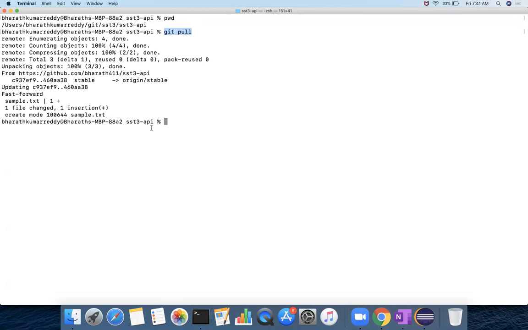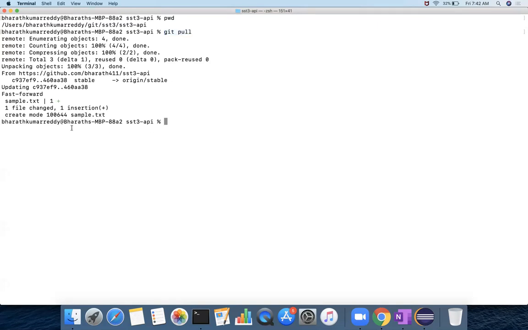Whenever somebody pushes any files into the repository, the revision number changes there. Now whenever you call git pull, it checks this current version against the version in the repository. If that is not matching, it gets all the files that have been changed in between these revisions, and those files come and get saved into your system.